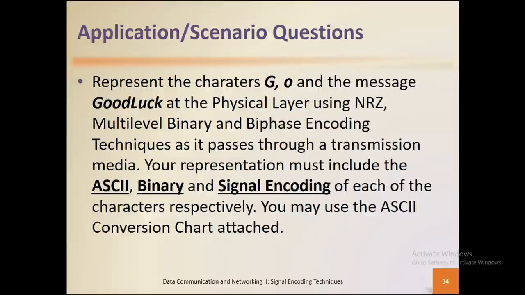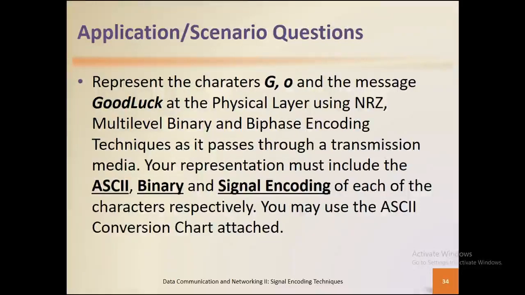So here I have some scenarios where I have to represent a character G and O, uppercase G and O, as a message at the physical level, using any of the first three encoding groups that you'd have: the non-return to zero, multi-level binary, or the biphase. Okay, and the actual message is good luck, but we really want to look at the first